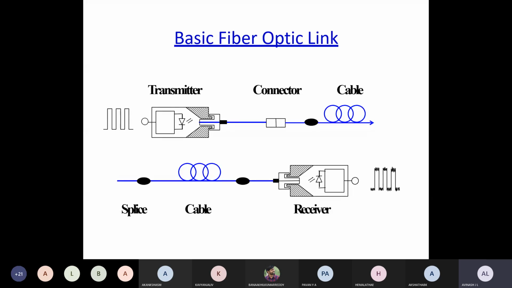After the block, you can see that there is an optical generator. We can use an LED or a laser. After that block, it is emitting the light energy. Once it is emitting the light energy, you can see the blue line starting from inside the transmitter. That blue line indicates the axis of passing the light signal. After the transmitter, there is a cable, and there is a connector we are going to use.